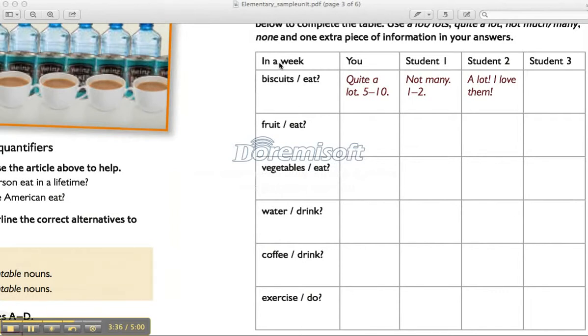So, of course, the students or the learners will be asking each other questions such as how many biscuits do you eat in a week? Or how much fruit do you eat in a week? And of course, the other learners in the group are listening and responding, and everyone is writing down the